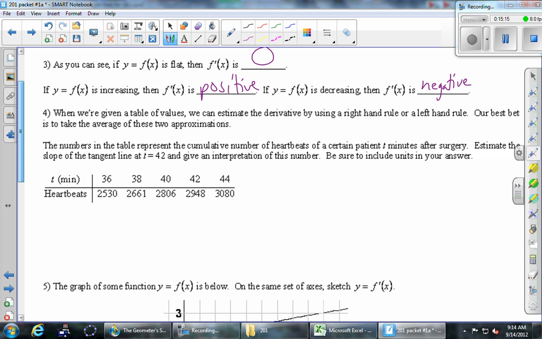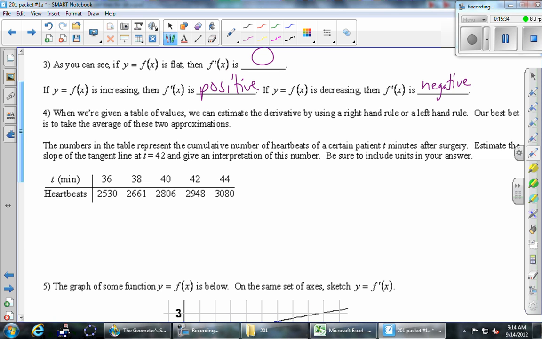And so maybe they just want to make sure that the heart rate is doing what it's supposed to be doing. And so here's something easy enough to count. They put a little thing on your chest that just moves every time your heart beats, and then it's just got a counter. And so 40 minutes after surgery happened, your heart beat a total of 2,806 times. Okay? Easy enough to count with one of these gadgets that they have in the hospital.